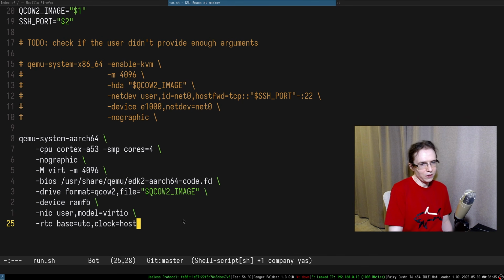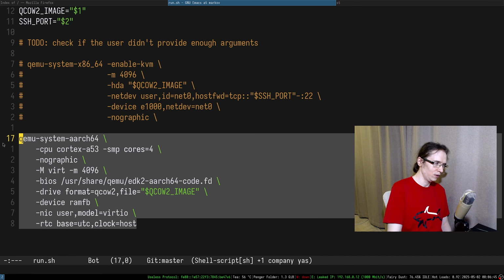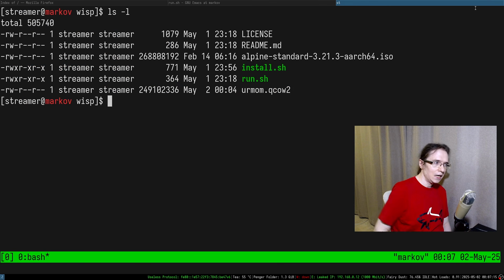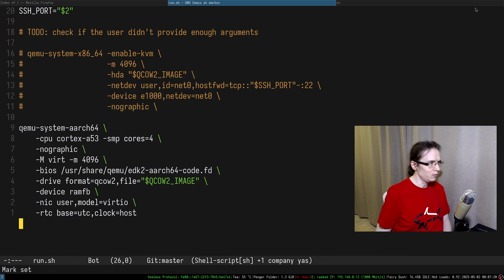Why ARM? Because I want to learn ARM. I always programmed and dealt with x86-64, and I just want to learn something new. I know it is usually frowned upon in modern tech to learn new things, because in modern tech you're supposed to be a vibe coder that just clocks in, does stupid stuff and clocks out. You're not supposed to understand things. This is not what you're paid for. But I left tech a long time ago, so I can allow myself to actually learn things and improve myself. So that's why ARM.